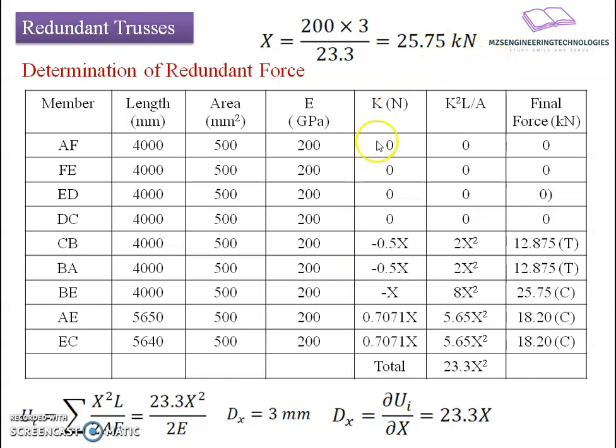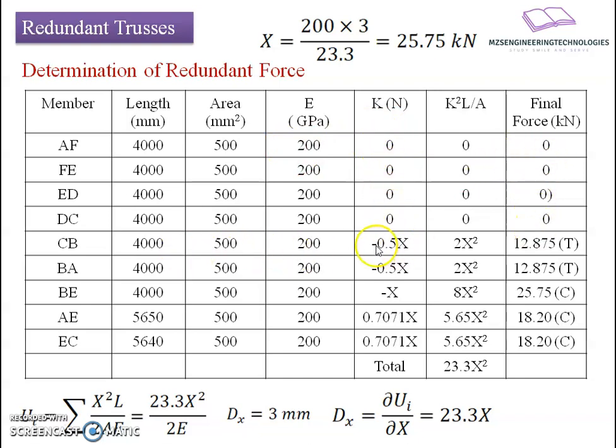Likewise, we will get the redundant force which is being developed due to sinking of the support B. Once we have got the redundant force, we will put this redundant force contribution in to find out the final forces, which will be equal to P plus K times X. P is absent here because external loading is not there. So only the product K into X will be there. So for the first 4 members, the K value is 0. The resulting value will be 0.